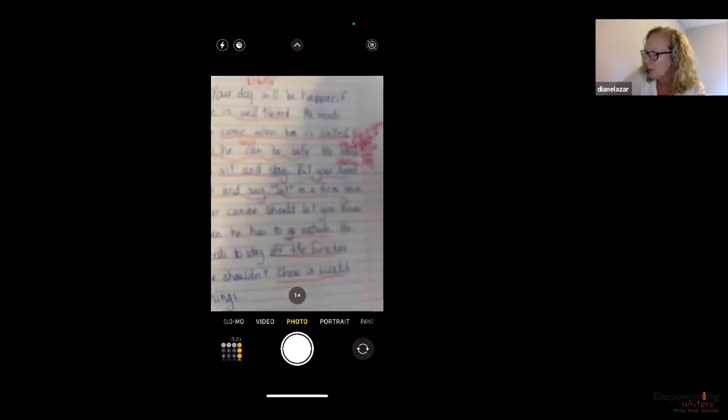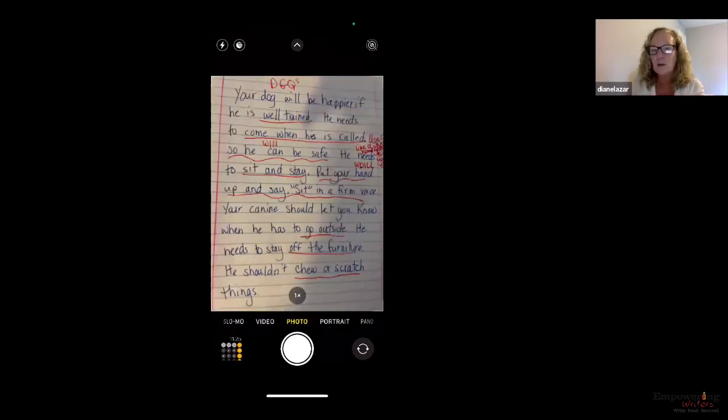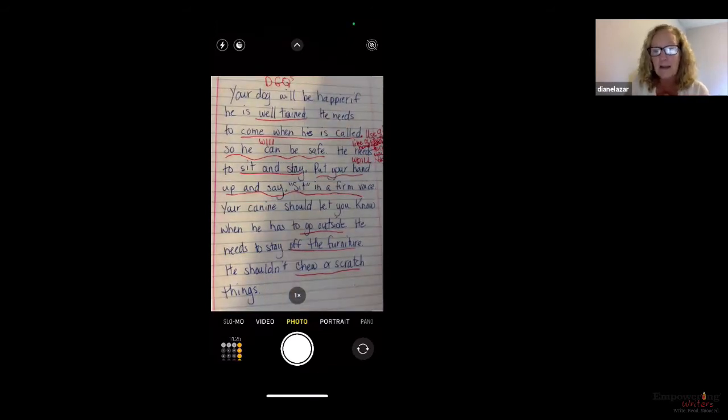And then we can go on. So he can be safe. That's why it's important. So notice, as we're beginning to look at the weaknesses, looking at the strengths, we want to make sure that our students know what to do when it comes time to revise. Because I don't know about your classroom, but in my classroom, I tell them it's time to revise, and everybody kind of puts their head down and thinks, oh, I can't do that. But they can, and you've got to show them how. And that's really what the authors group revision model does.